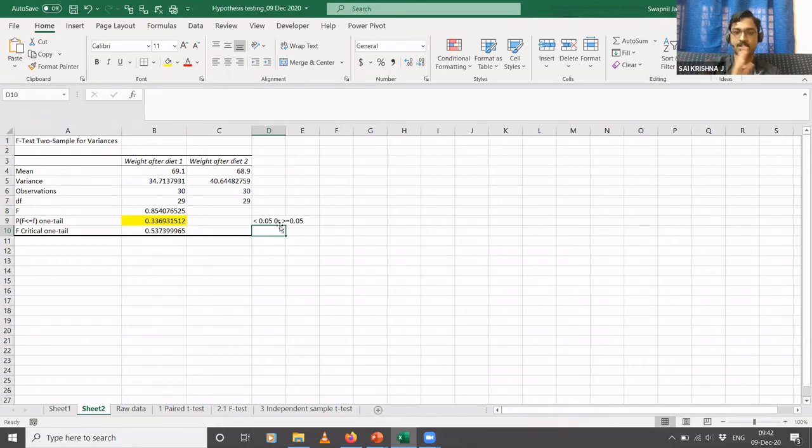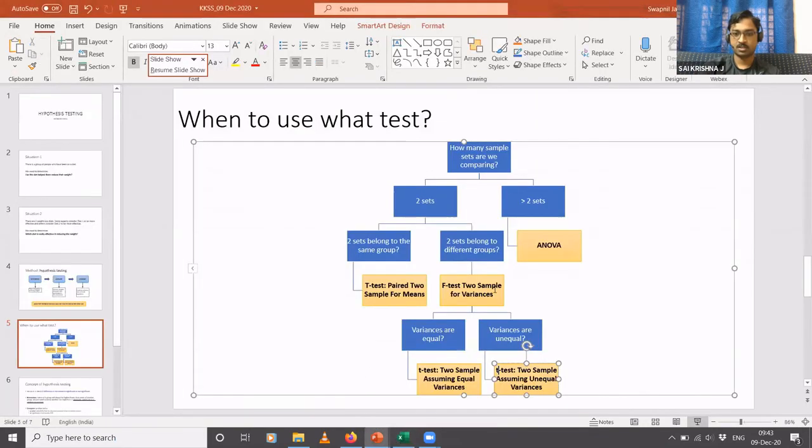In the previous case we said the mean is equal if the p-value is greater than or equal to 0.05, but here we are saying that the variances are equal. And if the variances are equal, then what is the test we should perform? We should perform the t-test 2 sample assuming equal variances.